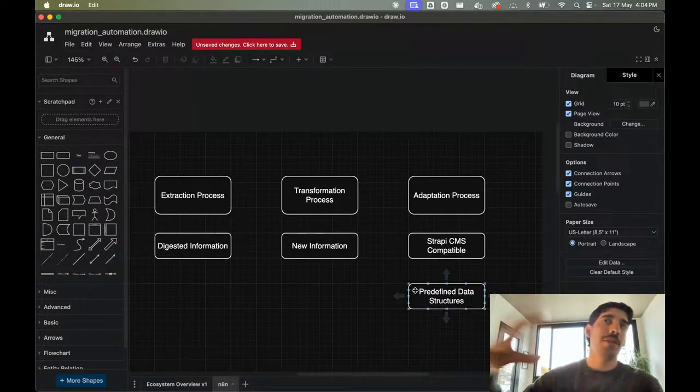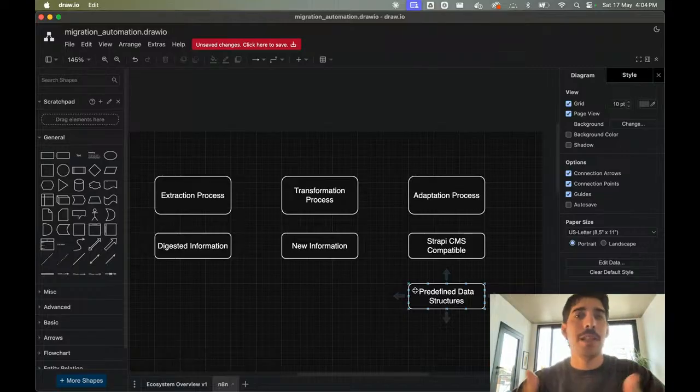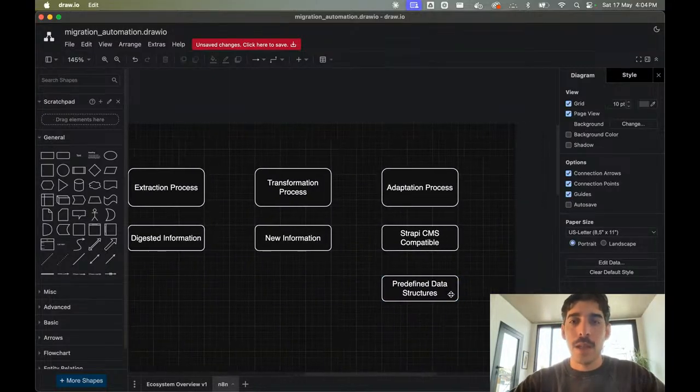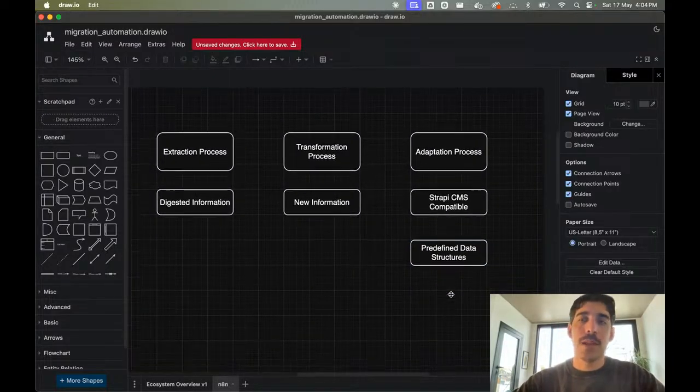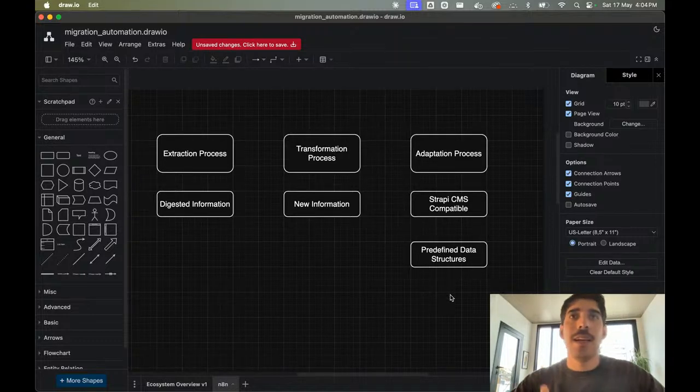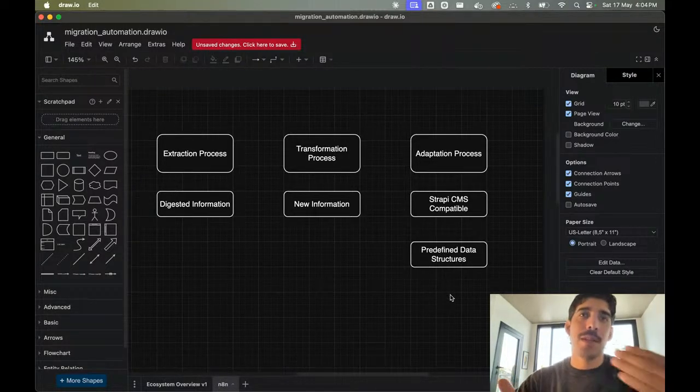Let's say you have a hero page. Well, we can provide templates on how that structure is going to be implemented. If you have frequently asked questions, that has a specific format, a question and an answer, maybe an order or some other stuff.